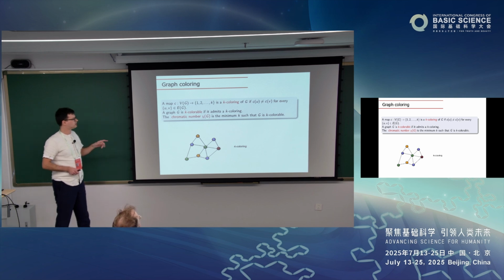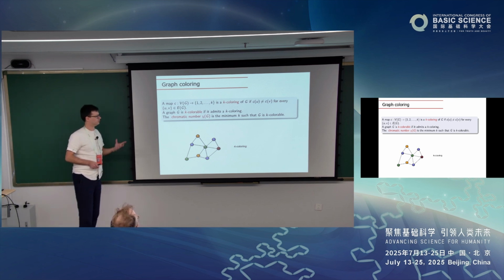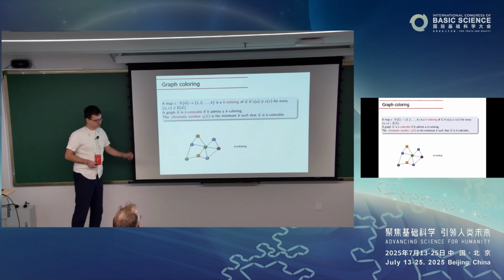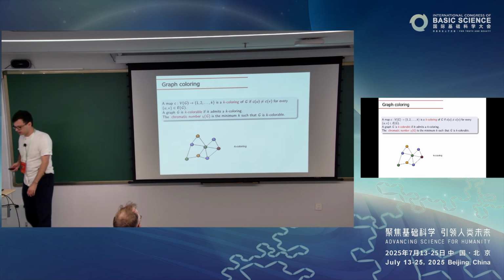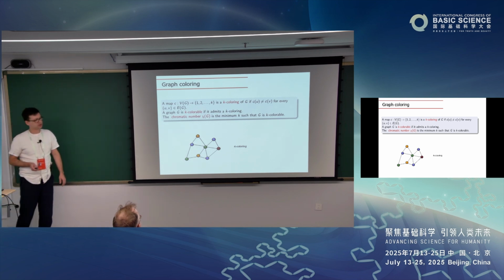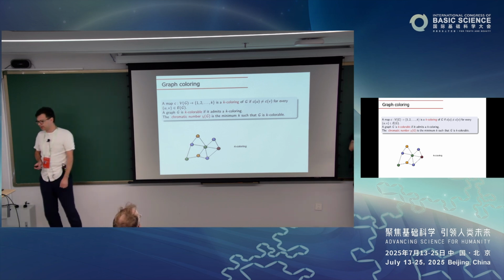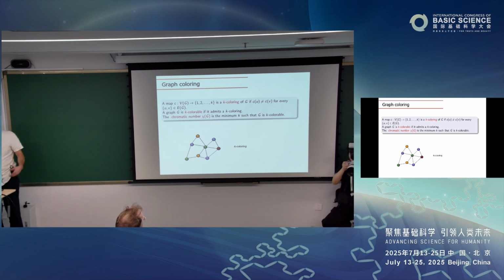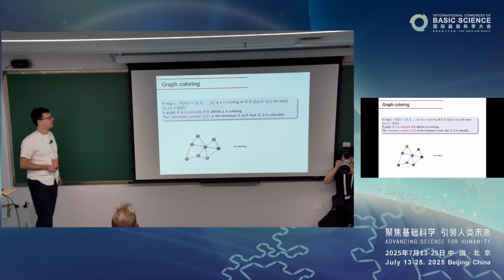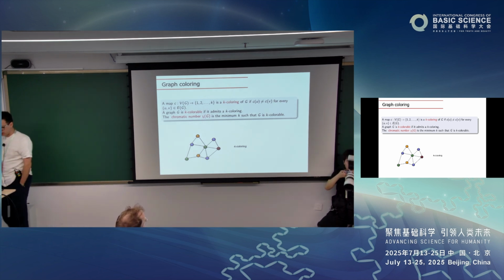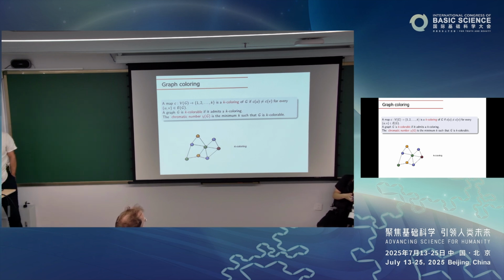And so the problem becomes a problem of graph coloring. So we want to assign colors to vertices of our graph in such a way that 2 vertices which are joined by an edge receive different colors. So if we can do it with k colors, we say that the graph is k-colorable. And just like Francis Guthrie, we're interested in coloring efficiently using as few colors as possible. So we want to determine this fewest number of colors, which is called the chromatic number.